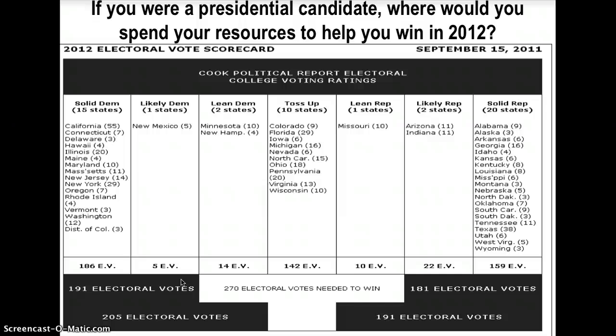This is a really cool resource. This comes from Charlie Cook, who is a big prognosticator when it comes to politics. We'll talk more about this in class, but these states right up here are what he's calling the swing states, where we don't know who the electoral vote is going to go for. You better believe that the candidate